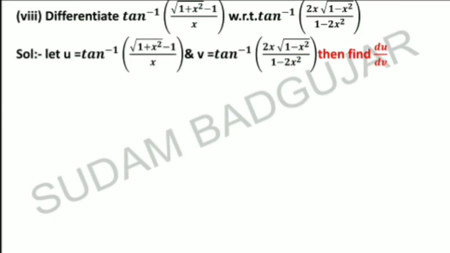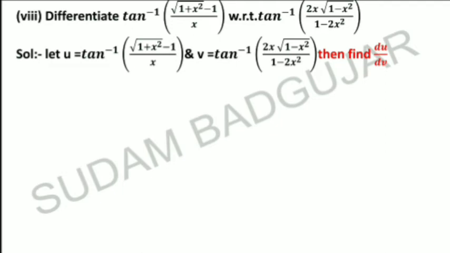Again one more question: differentiate tan inverse of (under root of 1 plus x square minus 1) upon x with respect to tan inverse of 2x into under root of 1 minus x square upon 1 plus 2x square. Again the same procedure, let u be the first function and v the other function. Now you have to observe this one. See here there are two different